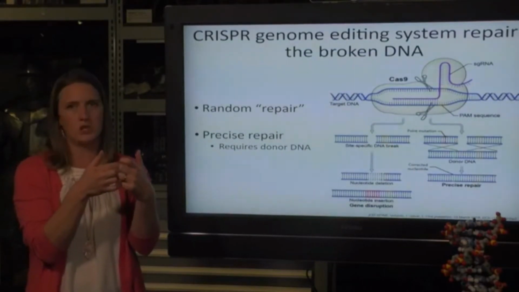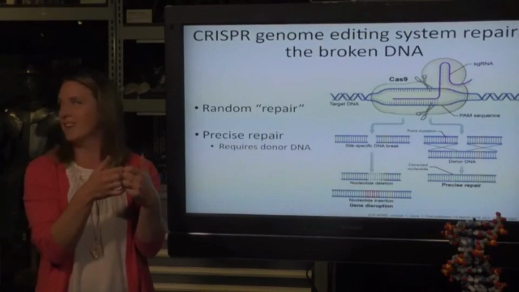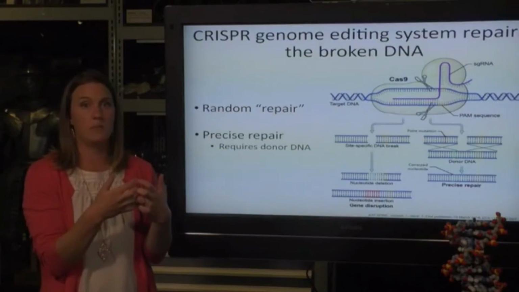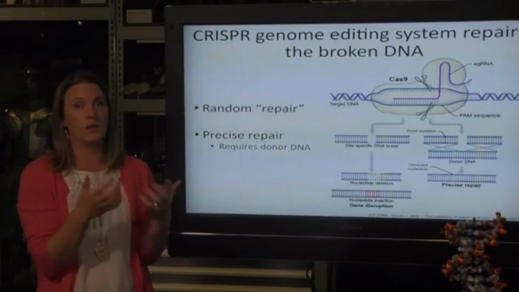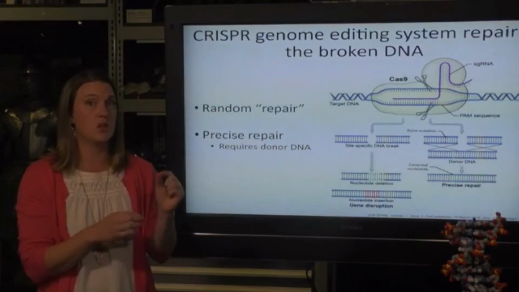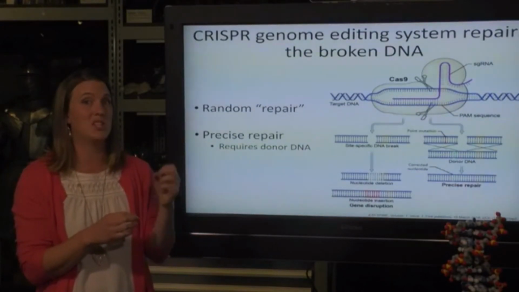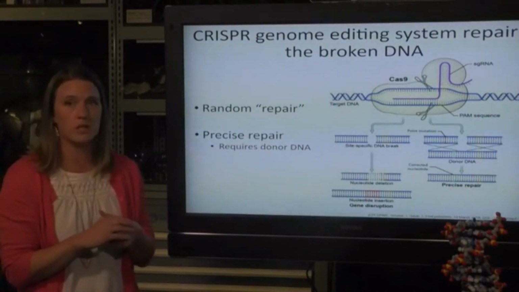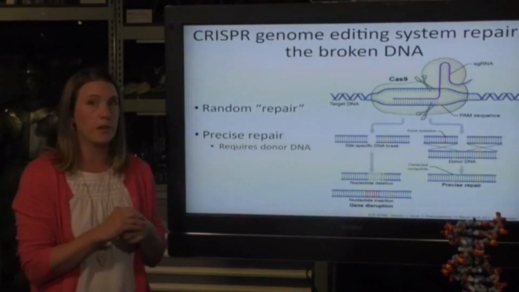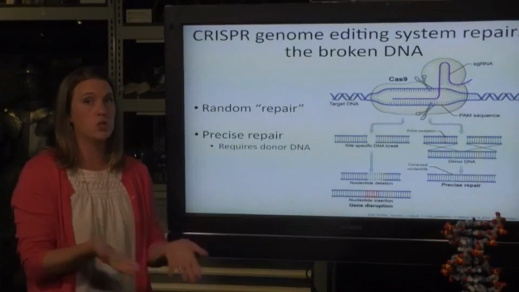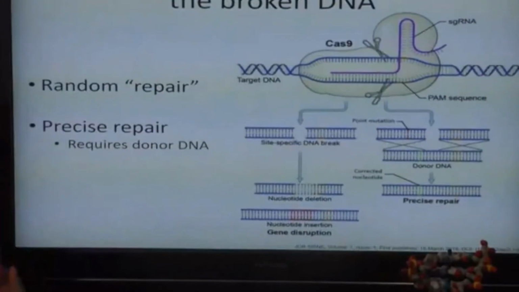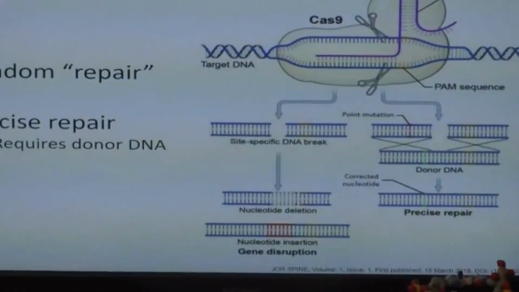So this will change the genome at the location that they want, but it's not necessarily what a researcher wants. Okay? So sometimes this is all the researcher wants, or the user. But other times they want to make a precise change. They want to change just a single base from an A to a T. Okay? So in that case, if you want to make a specific change in the genome, you have to deliver one more thing to that cell. You have to give what's called donor DNA. And so that's the sequence that the cell should use to repair that break. So this is a system that takes advantage of the cell as well, right? Some of the cell machinery.